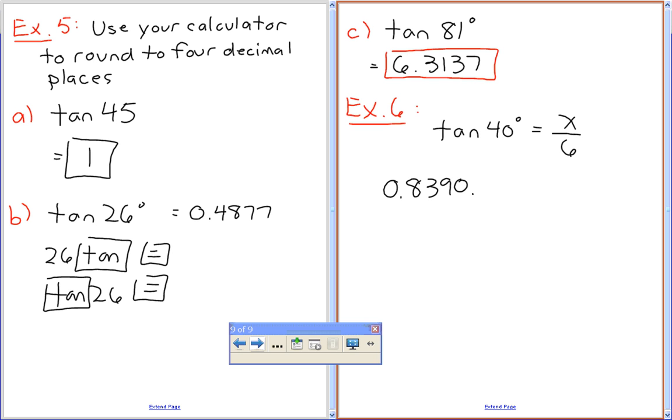0.8390, and I'm assuming there's dot, dot, dot. What this means is there's more digits. Is everyone with me here for that? Please take a second, type it in. Okay, now for the magic to happen. How do we get rid of the divided by 6? Lisa, go. You multiply 0.8390